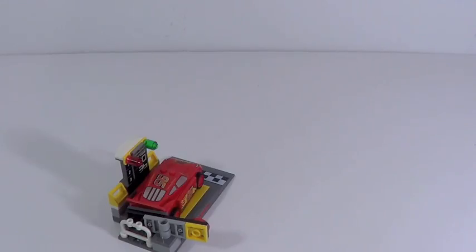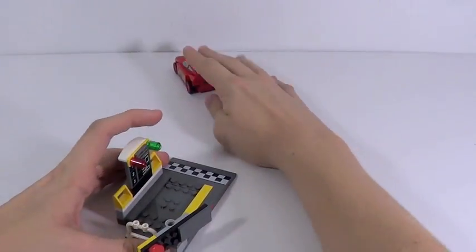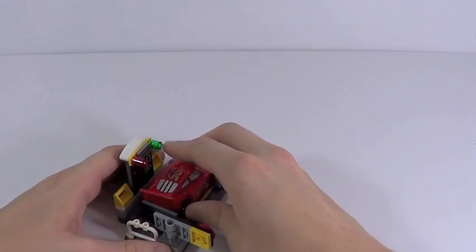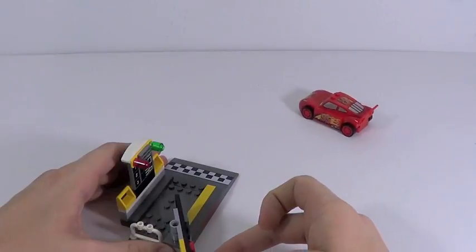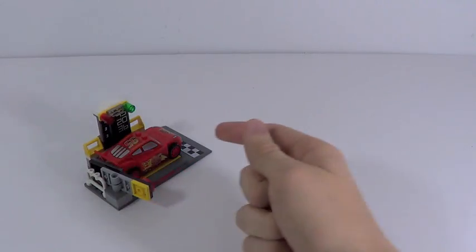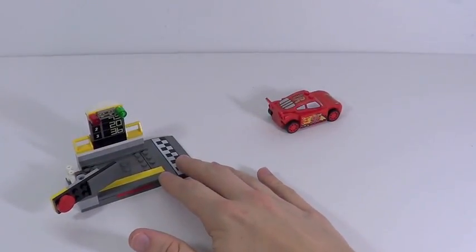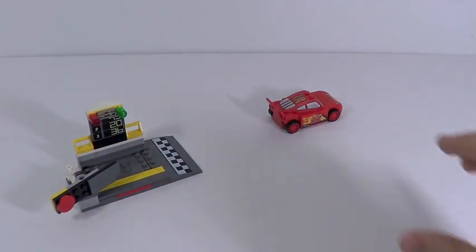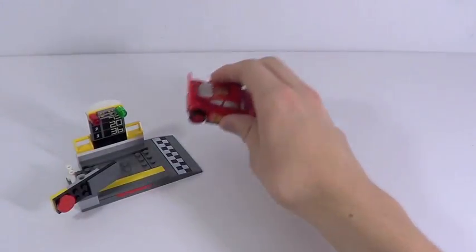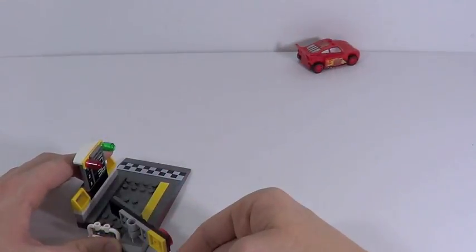Basically what you do is you put Lightning McQueen on right here, and you just push this thing, and it's supposed to launch him. And I've had some trouble with this feature. It doesn't tend to work all that well. What I've noticed with this feature is if you don't hold it down, you just do it with your hands, it makes this thing move around a good bit, which is unfortunate, and that also makes the car not go very far. Now, when you kind of hold it down with your hands and do it, it will sometimes launch him,